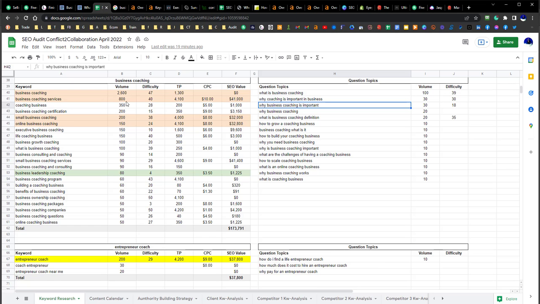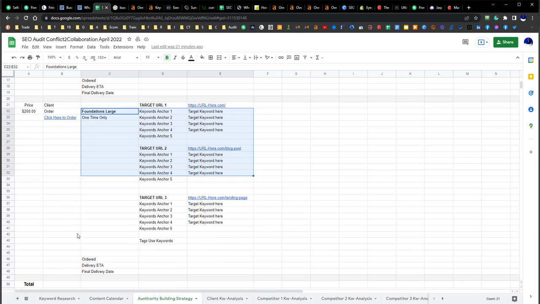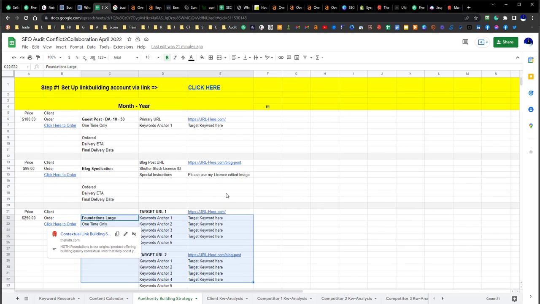So in my template here, what I give you is what we usually recommend to clients. It's getting a guest post. A guest post is just another word for a backlink. Syndicating a piece of content through other news-based websites, and then some foundational links that target specific keywords. So this tends to be about $400. I would say if you wanted to, this would probably be the biggest bang for your buck.